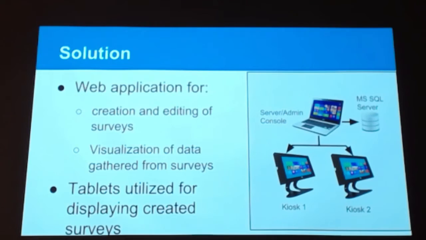The solution for the problem: we created a web application for the creation and editing of surveys, as well as the visualization of data gathered from the surveys. And to deploy these surveys into the museum, we utilize Windows 8 tablets to give the users somewhere to actually